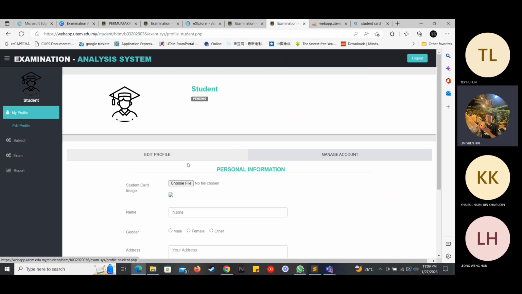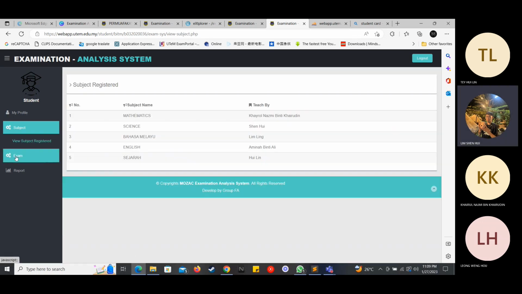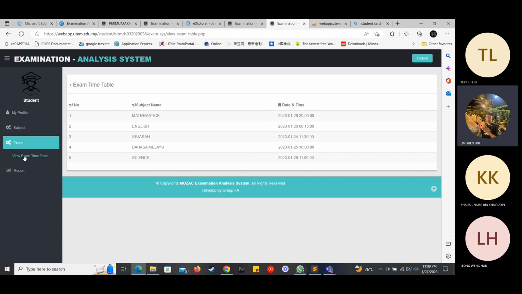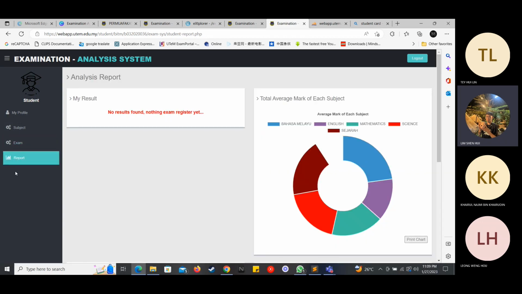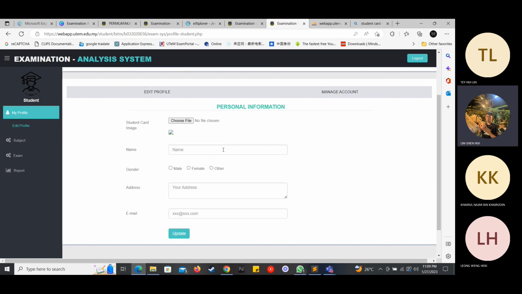It's the same as the teacher one, edit profile and manage account. And the student can also view the subject registration, and also view the exam timetable, and also the report. So here is the result for the student. It doesn't have the result because the teacher has not keyed in the result yet. So let's say we have to key in the information for the student.